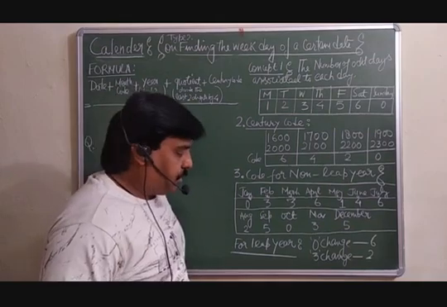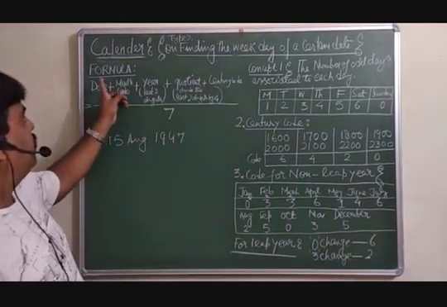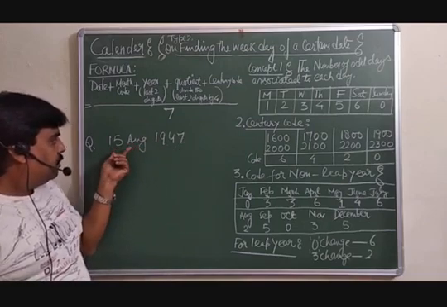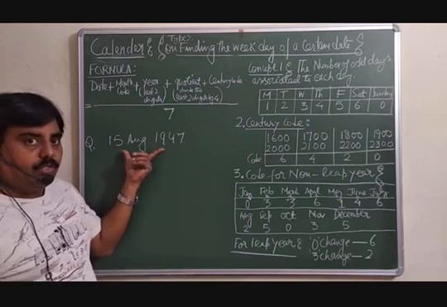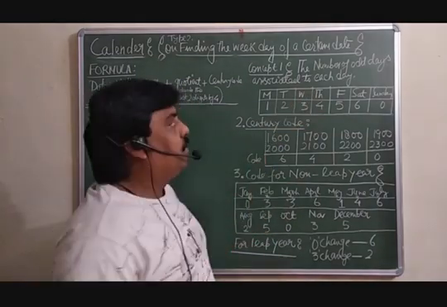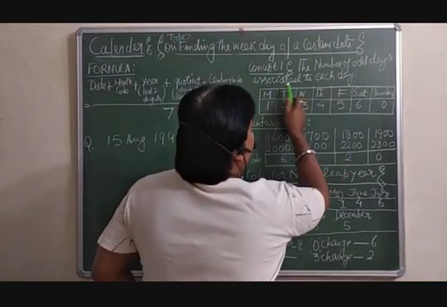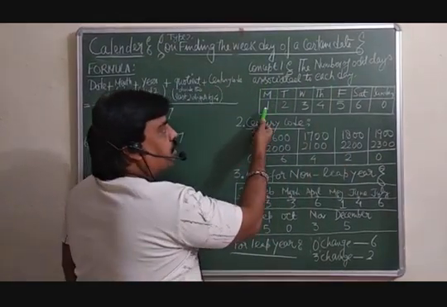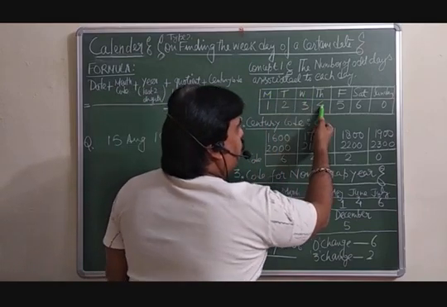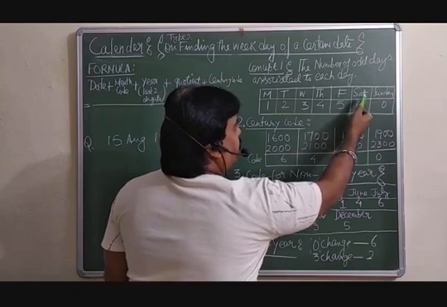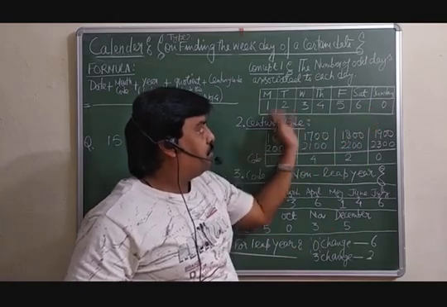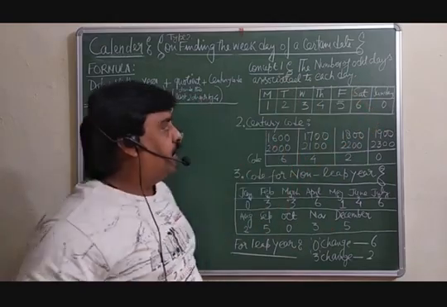Now we will discuss this. If any date and year is given, and we want to find out which day it was on that date in that year, there are a few things you must remember. First is the number of odd days associated with each day. 1 is for Monday, 2 for Tuesday, 3 for Wednesday, 4 Thursday, 5 Friday, 6 Saturday and for Sunday it is 0. According to whichever number comes in odd days, that will be the day.